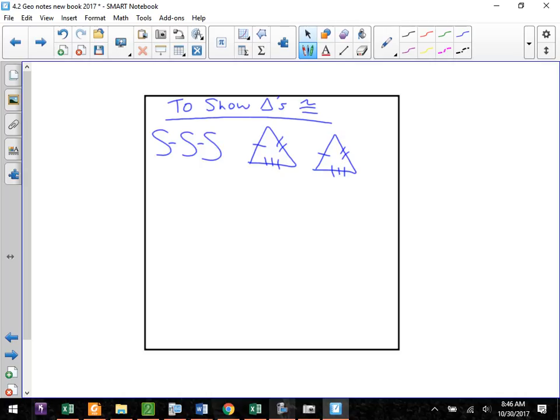Basically, if we can show that we have 3 sides that are congruent from one triangle to another, we can then say the 2 triangles themselves are congruent. It takes away having to show all 6 pieces, and that's kind of what we're getting at. We're starting to peel back some of the information. Now, ways that this is going to happen,